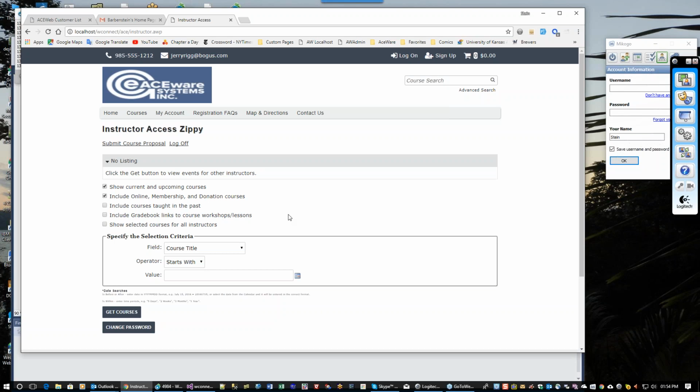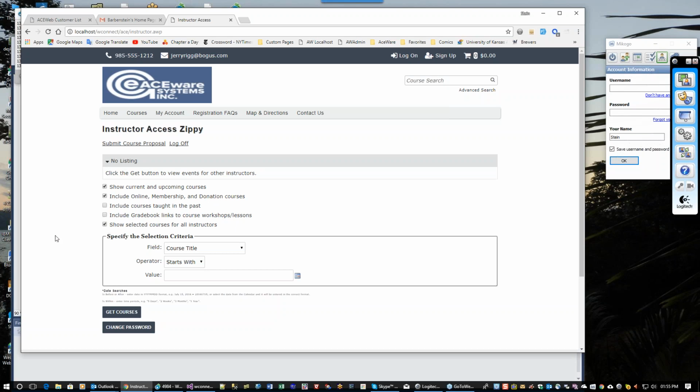And if they have high enough ACEware ranking, they can get into here. I forget what exactly it is, but by setting their access level, you can determine which of your staff can do this. So it may not be something you'll want to give everybody, but if you have that ability, you can get in. This is the instructor page. You're not seeing any courses because your staff member, of course, isn't an actual instructor, but you can use this,